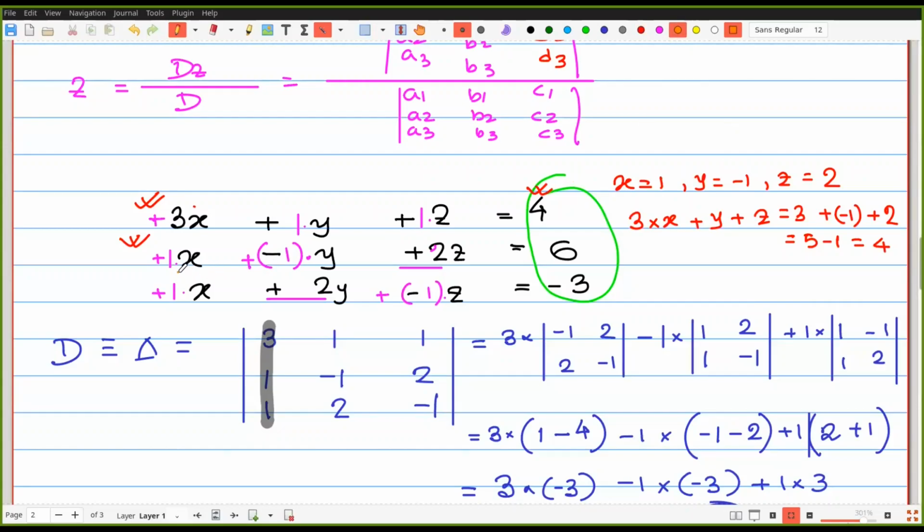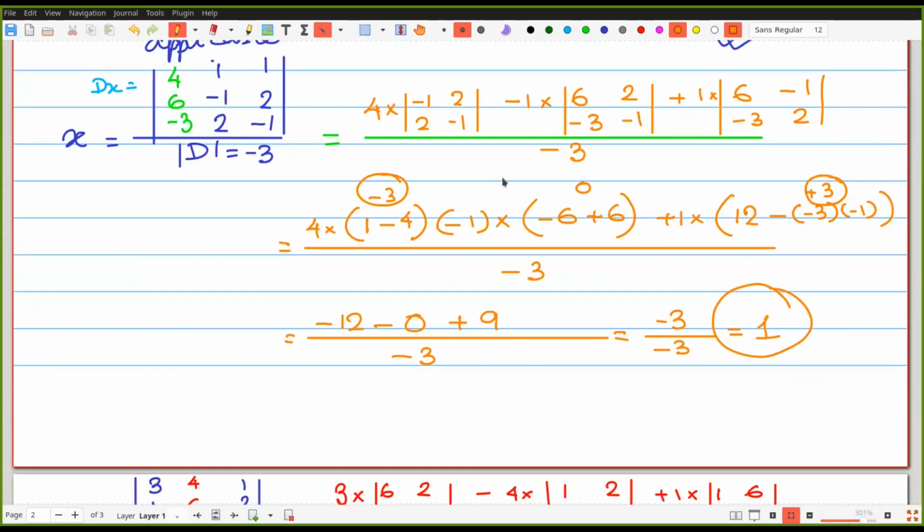Next one, suppose second equation. So x minus y plus 2z. Just put the value of x, 1, value of y, that is minus of minus 1, because value of y is equal to minus 1, but first left hand side operation is minus, plus 2 into 2. What is the value? 1 plus 1, 2 plus 4, 6, and that is 2. And that is how we can find out the solution using Cramer's rule.